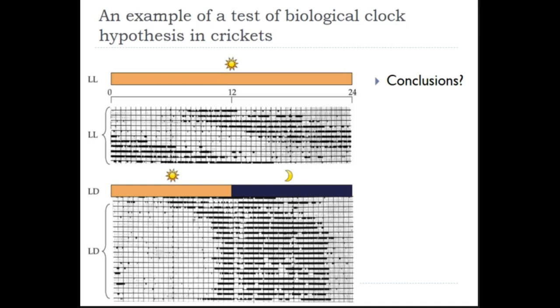In the first experiment, they have taken an individual that was on a normal light-dark cycle. So maybe it was 12 hours of light and then 12 hours of darkness. And they've thrown that individual onto a constant light cycle. That's why the sun is shown throughout this period. It's light, light, light, light, light all the time, all day, all 24 hours. And so, I don't know, what do you guys see?